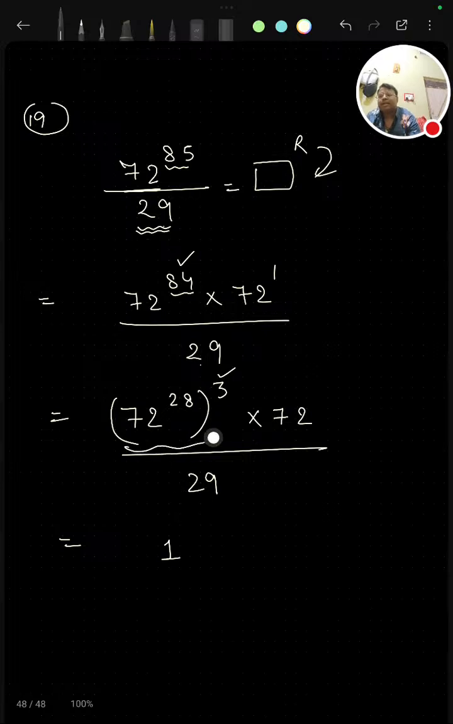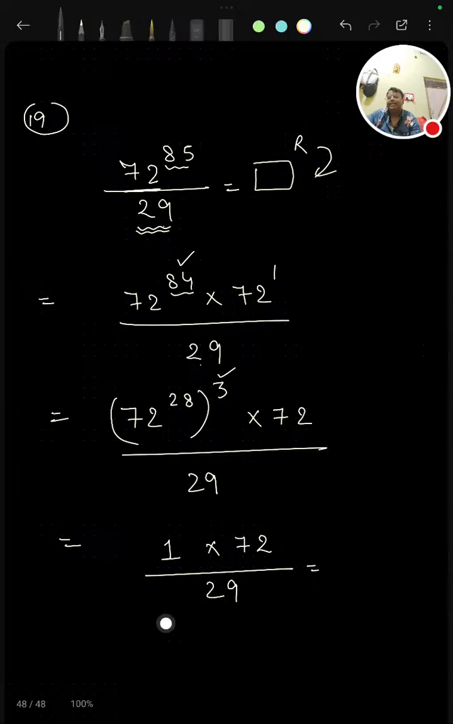This part has complete remainder 1, and 1 is multiplied by 72 again. Now divided by 29. You can see that when 72 is divided by 29, 29 times 3 is 87. Clear? 87. So the negative remainder is